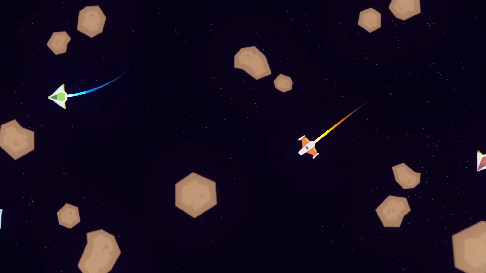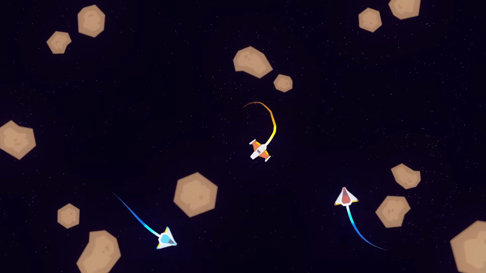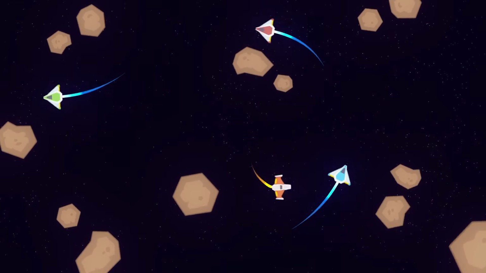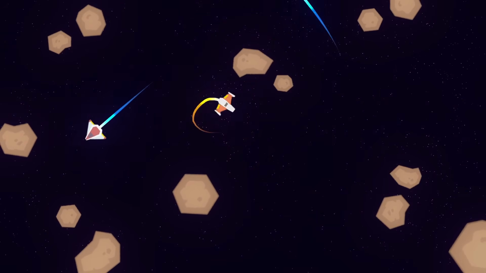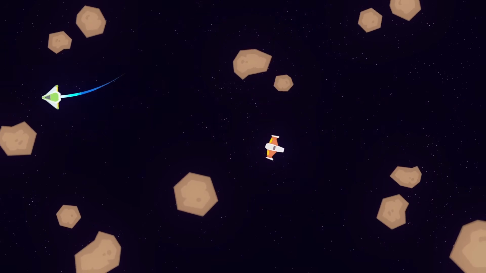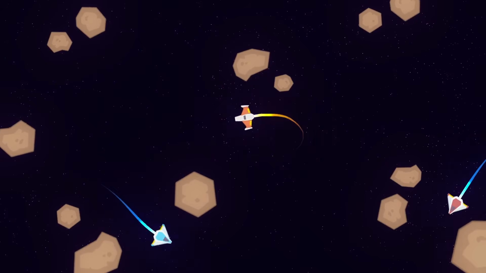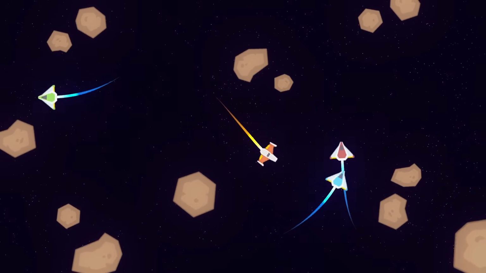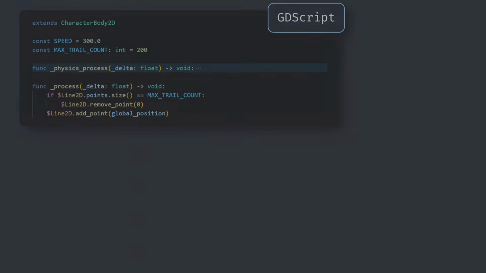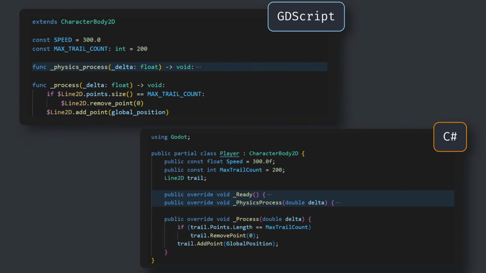But in our case, we're doing a trail, and so this usually assumes that the line will fade quickly over time, and it should therefore definitely not contain that many points. Okay, so to solve those various issues, let's first go back to our script and do a first upgrade to